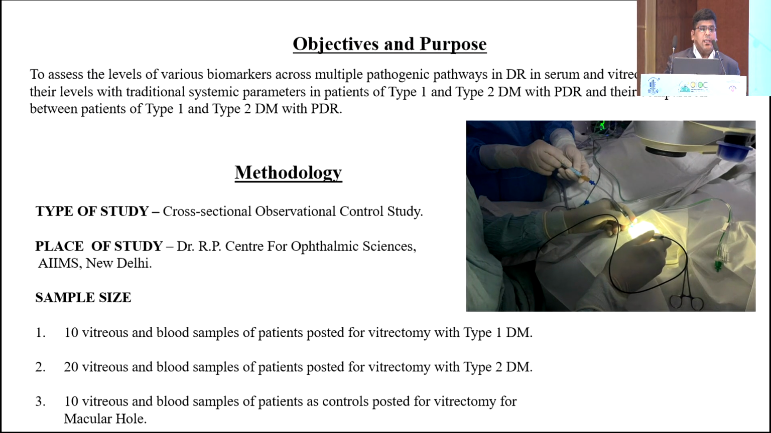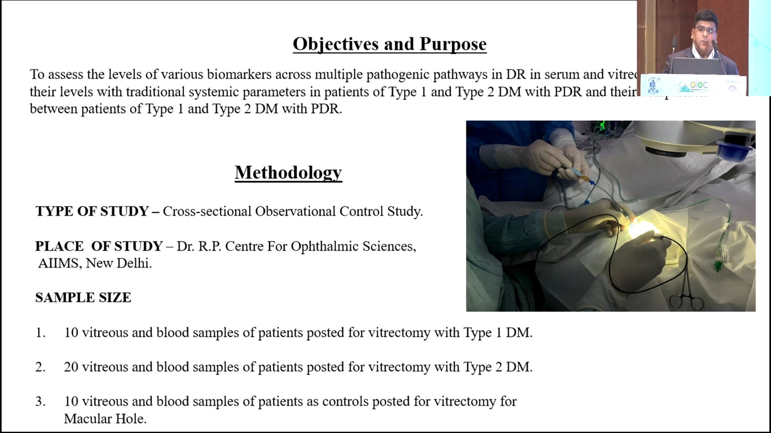So we came up with the objective to assess the levels of various biomarkers across different pathogenic pathways in diabetic retinopathy in serum and vitreous, and correlate their levels with the traditional systemic blood investigations that we are routinely doing in the patients of type 1 and type 2 diabetes. And we also compared and contrasted them among the patients of type 1 and type 2 diabetes mellitus with